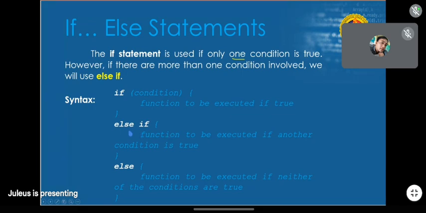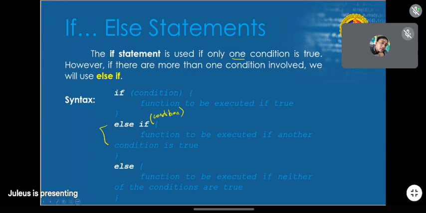And then if you have another option, we will use else if, and then write the condition, and then the function to be executed if this particular condition is true. And then the good thing about else if is there are no limits.